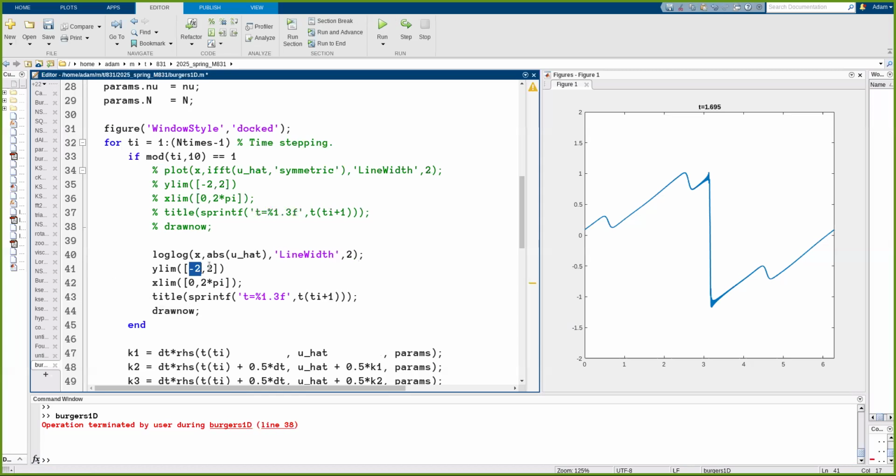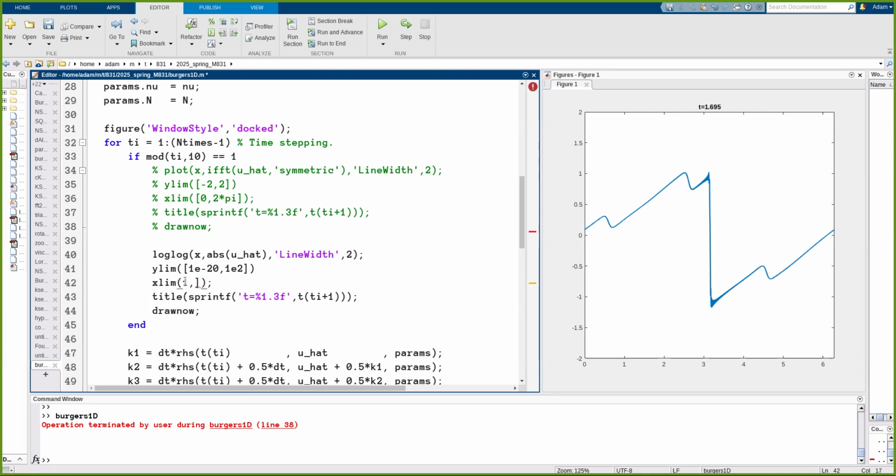We'll go from maybe 1e minus 20, that's 10 to the minus 20, up to 1e2. So 1e2 is 1 times 10 squared, so that's 100. Our x limits here, let's just have those go from 1 up to